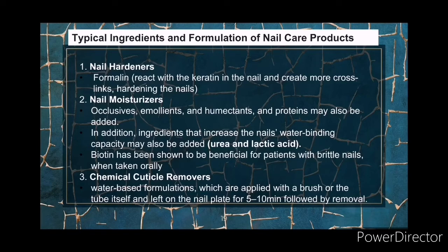Typical ingredients and formulation of nail care products. Nail hardeners. Formalin reacts with the keratin in the nail and creates more crosslinks, hardening the nails. They are applied to the clean nail plate and function as a base coat. Many modern nail hardeners contain a chemical cross-linking agent such as formalin, which is mistakenly equated with formaldehyde under current labeling rules, and